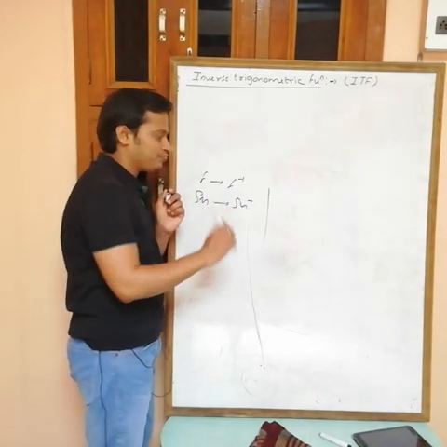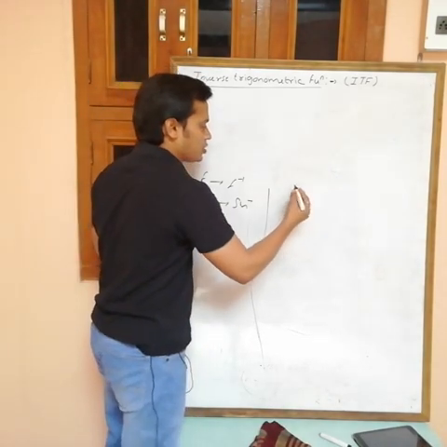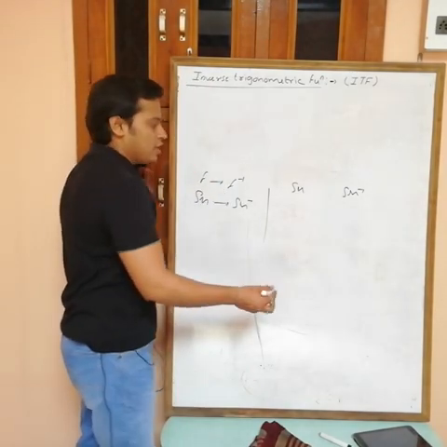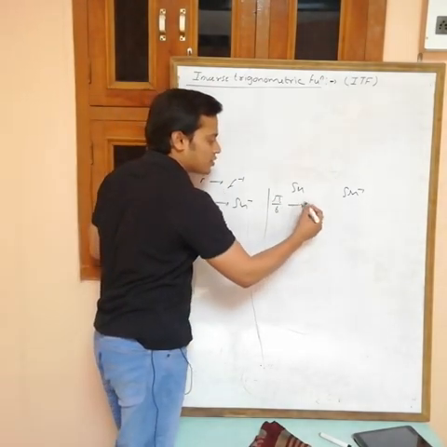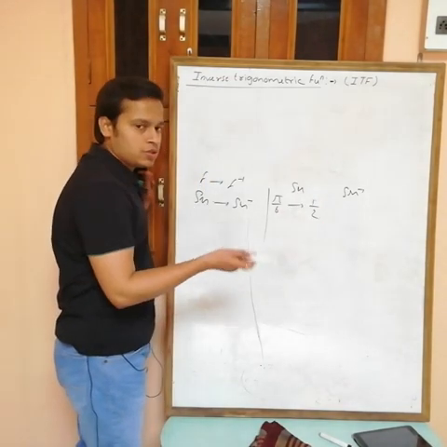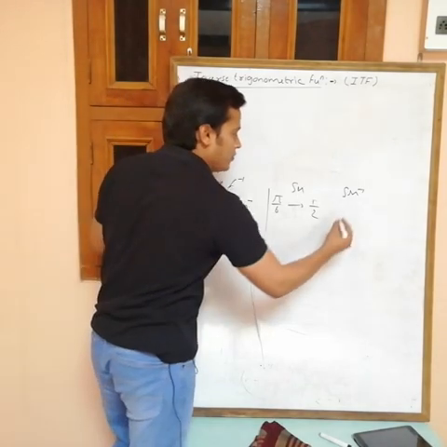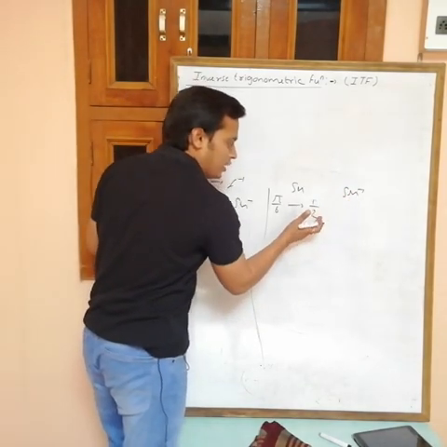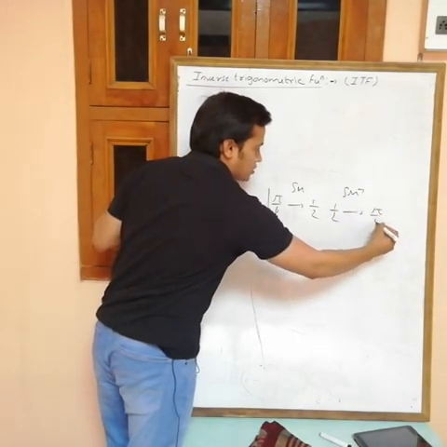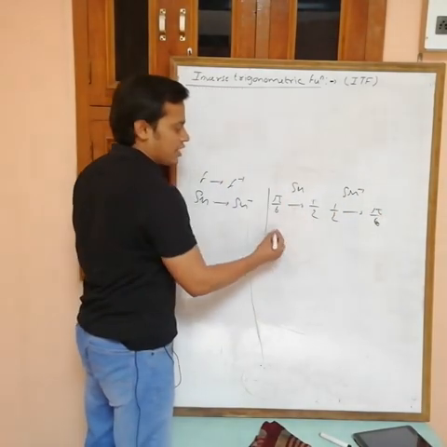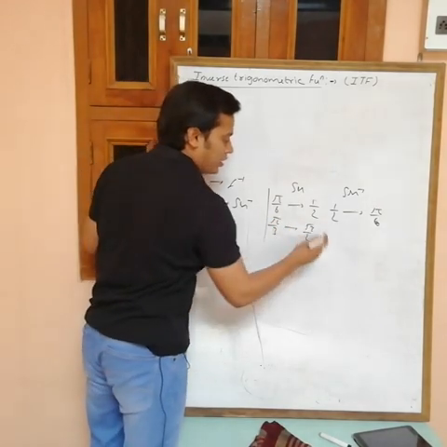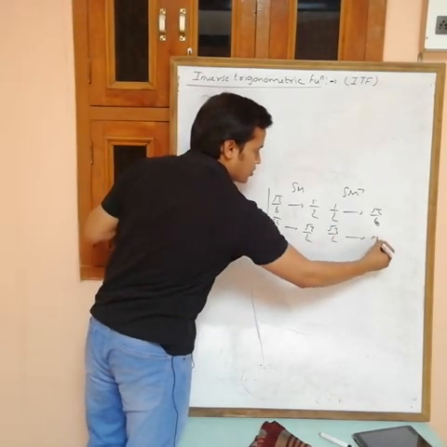We know that for any function, suppose this is sine, the inverse of this function is sine inverse. Now sine pi by 6 is equal to 1 by 2. The value of sine at x equals pi by 6 is 1 by 2. So for sine inverse, the value of sine inverse at 1 by 2 is equal to pi by 6. The value of sine at pi by 3 is equal to root 3 by 2, so the value of sine inverse at root 3 by 2 is equal to pi by 3.